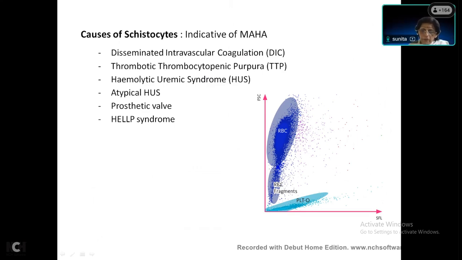Why? Because these are the ones which are cytoplasmic fragments. They don't have any fluorescence, so they will come towards this side. But they are larger than the platelet and smaller than the RBC, so they will come in between. Now suppose they are very small, what will happen? They will be counted as platelets. Suppose the patient is a leukemic patient and there are cytoplasmic